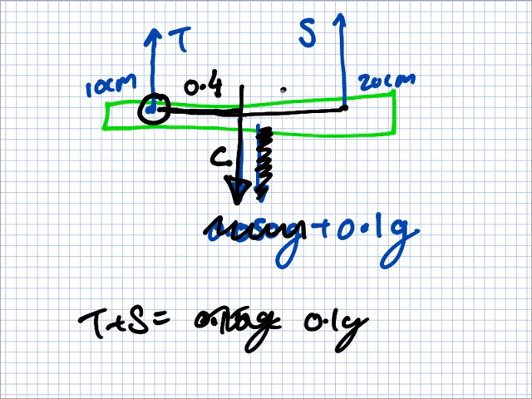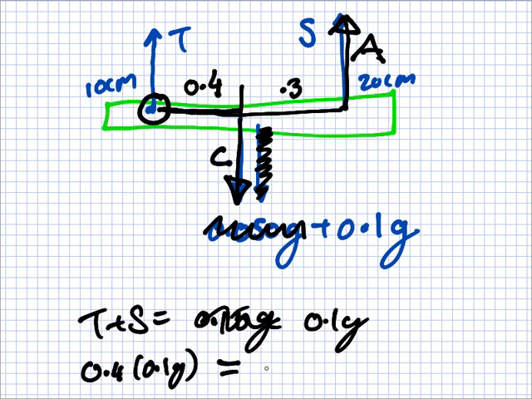4, and that's a 3. So it's a 7. And clockwise or anti-clockwise? That one is anti-clockwise. So you can say 0.4 times 0.1 G